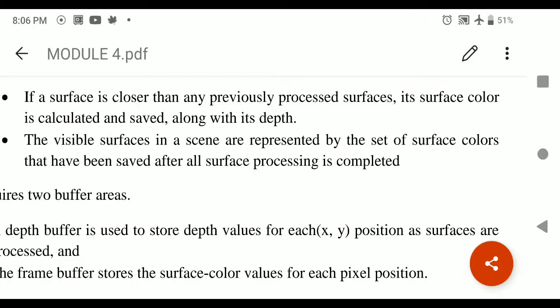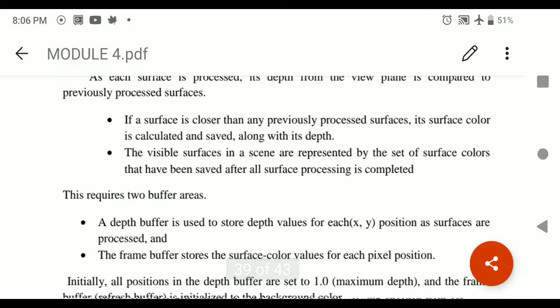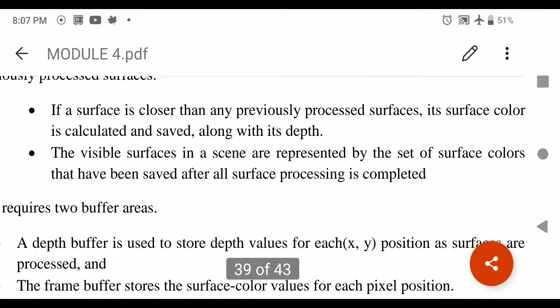Then the visible surfaces in the scene are represented by the set of surface colors that have been saved after all surface processing is completed. So the first point represents what we do for each surface, and the second point represents what we do at the end.